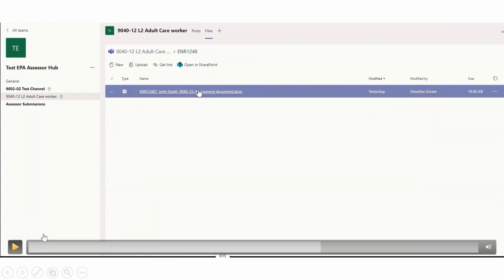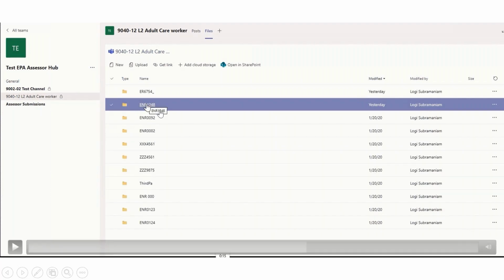Okay, so I'm just going to go back a step. As a LIPA going in, you're going into the Assessor Hub, that's what it's called, and you will see the standards. And as Mandy's just told you, there are a number, you will see the ENR number for each of the apprentices. Under each ENR number, they are all apprentices, you will find the documents that are relevant to that learner.